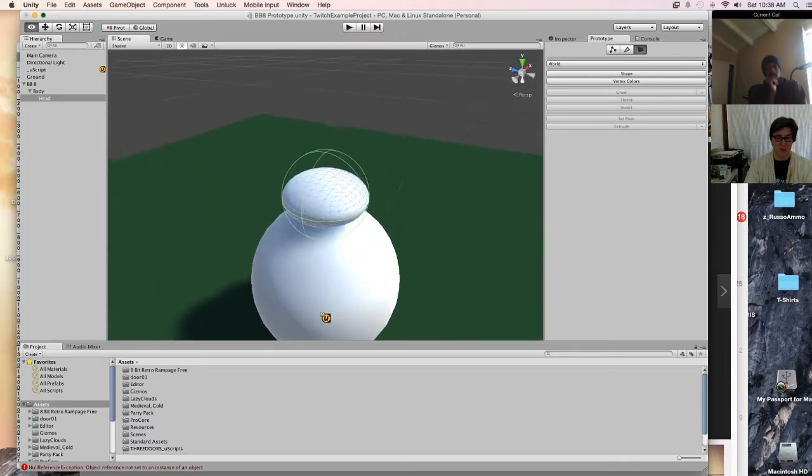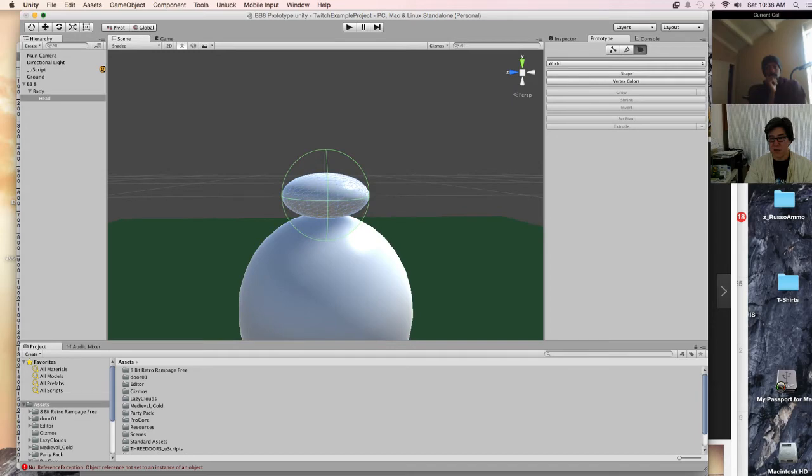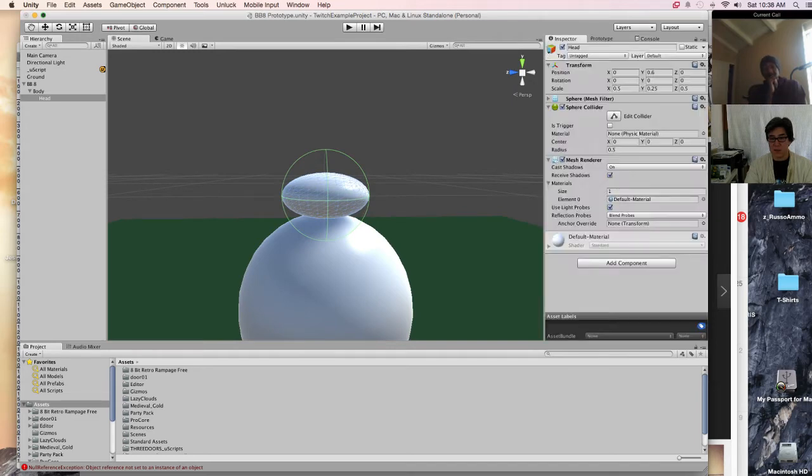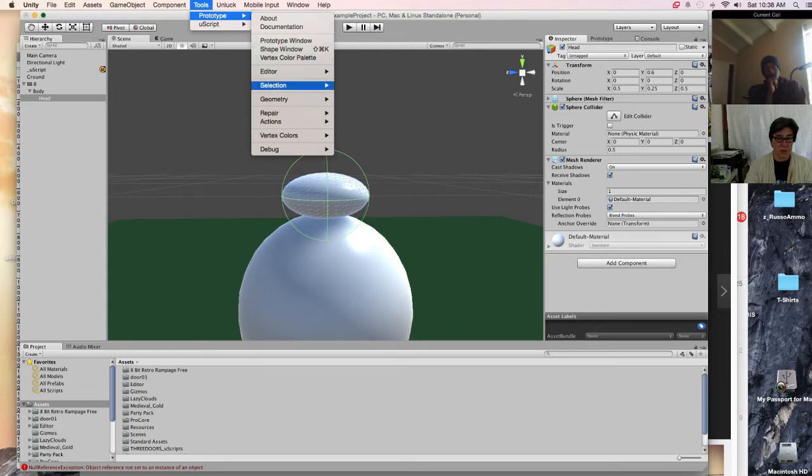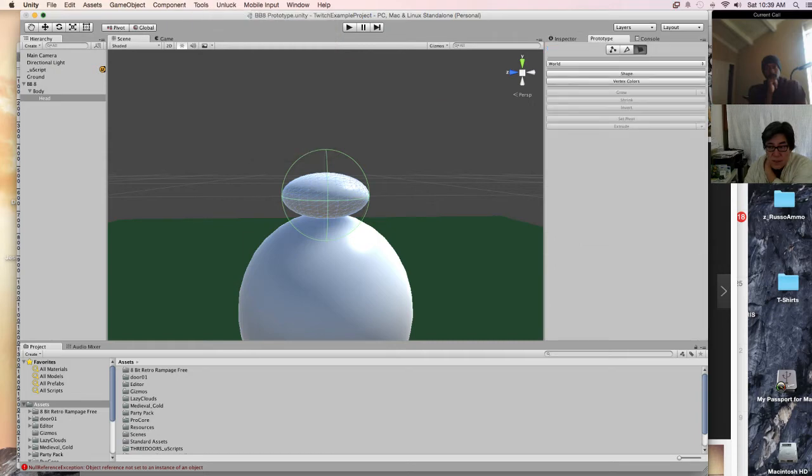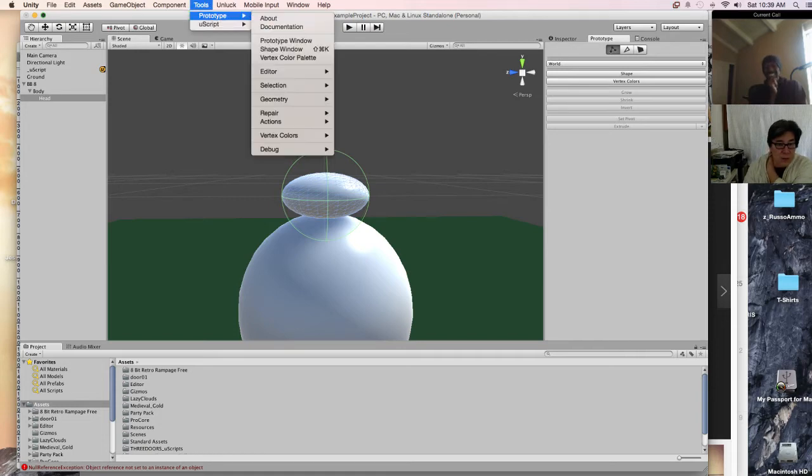As long as we're on this, you've led me there through questions. Let's go back to, don't worry about that. Go to Tools, Prototype, Selection, Geometry. There's a way to edit this, to turn it into an editable.